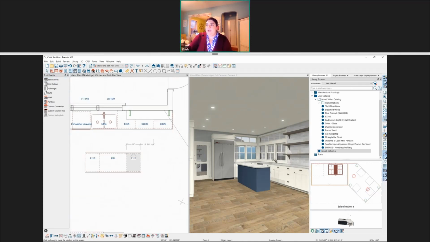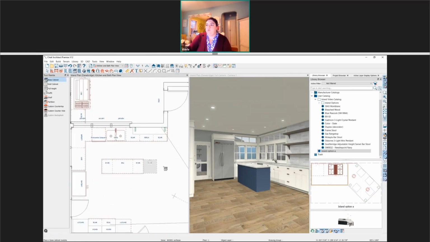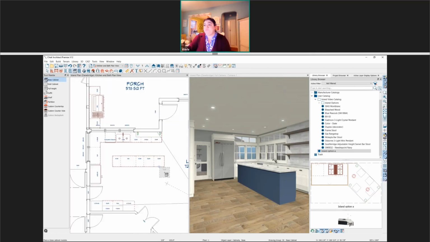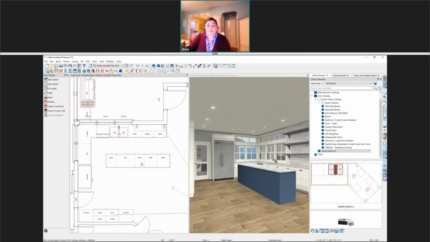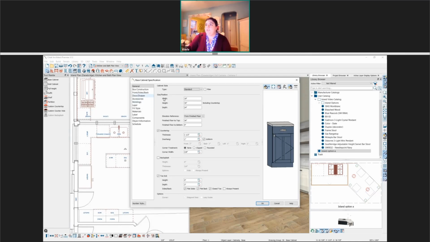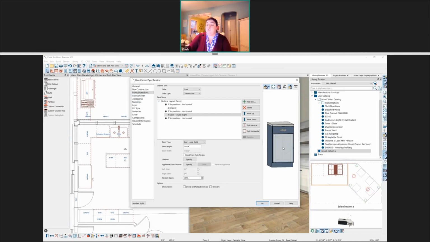And then we'll do a nice big island here. We'll place 2 more just big 24-inch cabinets. So quite a big island here. The only face items I'm going to change for these cabinets are I'm going to take these 2 18-inch cabinets, open them up, and I'm going to change them over to 3 drawer cabinets. So I'll select the door, the existing door. I'm going to change it over to a drawer before I split it. So I'm going to change it to one large drawer. It was still a door.